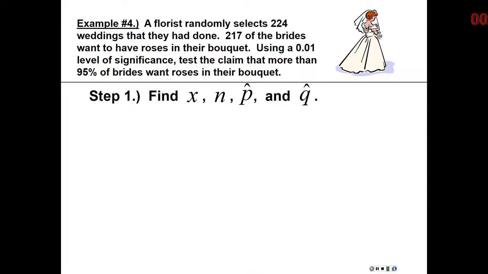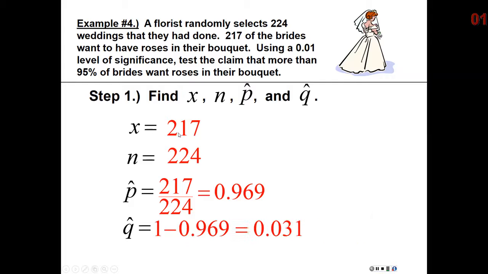Okay, so let's look at this. Now, first of all, we want to find the p hat. That's just basically your x over your n, the number of successes over the sample size. Now, remember, it should be a decimal, okay? A lot of times, what people will do by mistake is they'll put the n divided by the x. They'll flip these two. If that happens, you'll really quickly find out it's going to be wrong, okay? So make sure it's x divided by n,